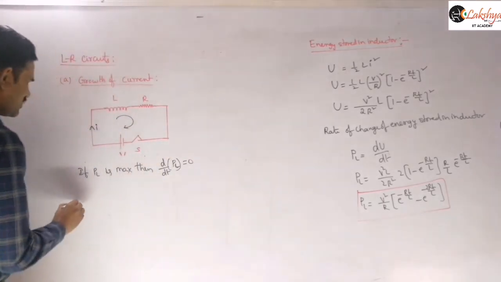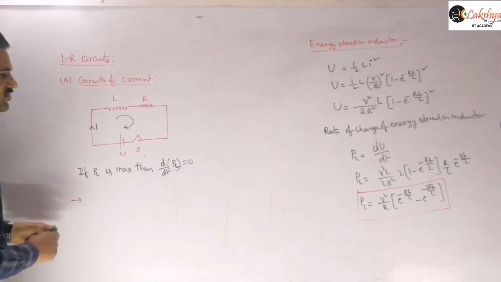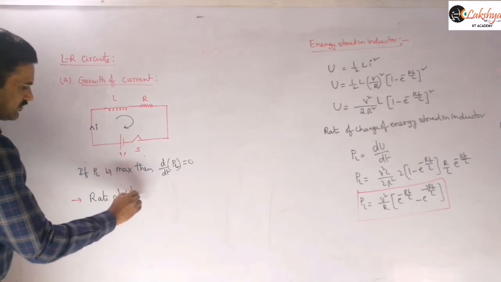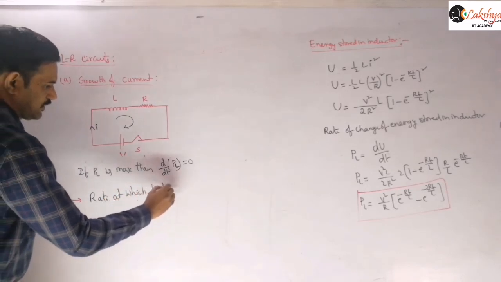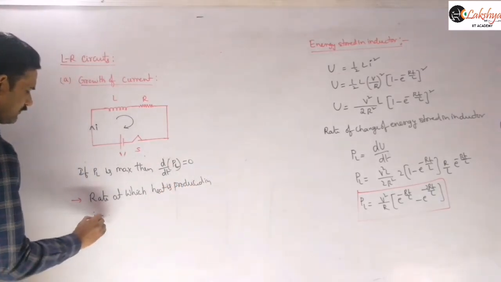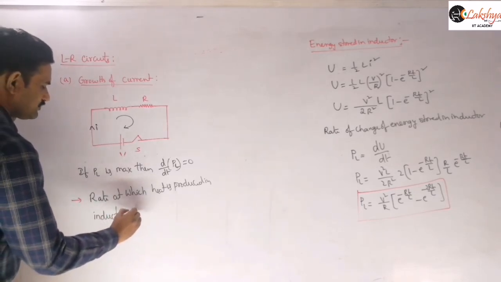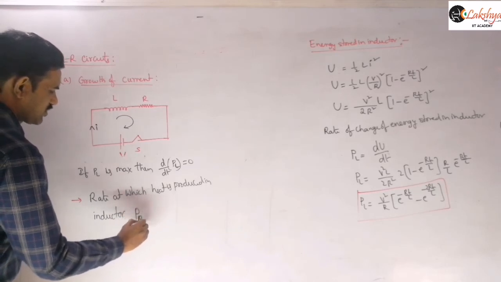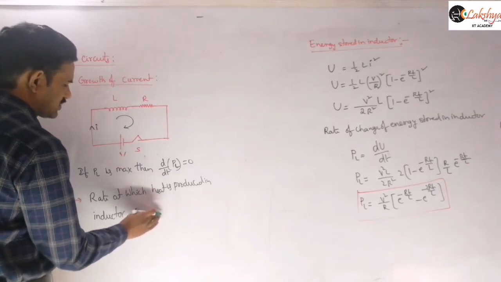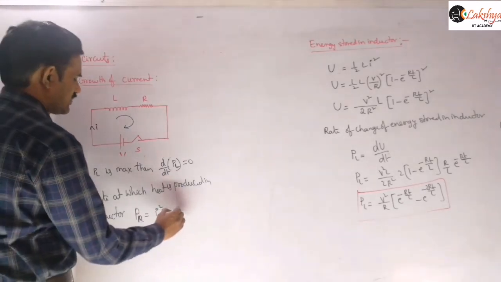So next, after doing this calculation, let us write the rate at which heat is produced in the inductor. So this value is nothing but PR, the power produced or delivered at the resistor. You can write this as I square, where we are taking small i square, or you can also mention this as